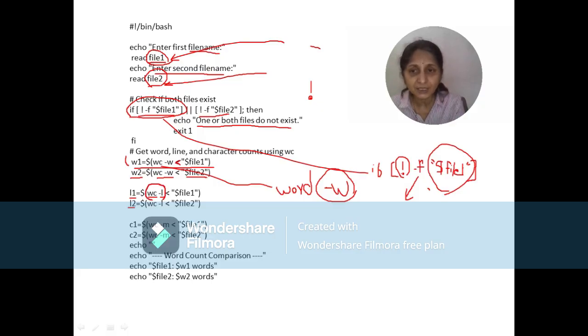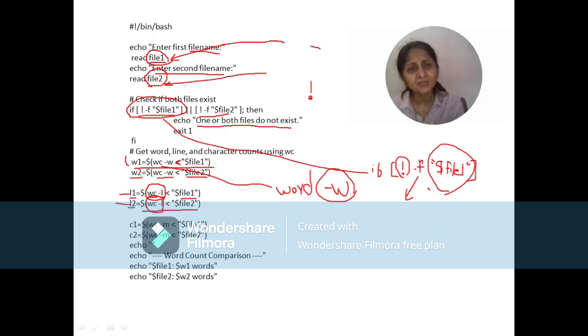Along with wc, it calculates the number of lines from file 1, and whatever the count is will be stored into the variable L1. Similarly, in the next line we are calculating the number of lines using the wc command from file 2, and whatever the result is will be stored into the variable L2.